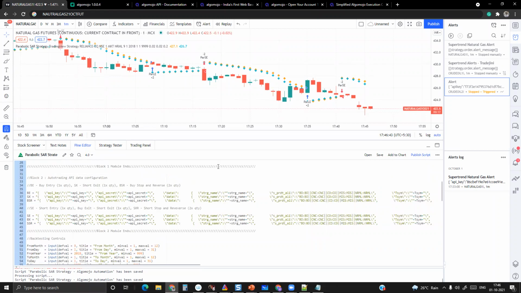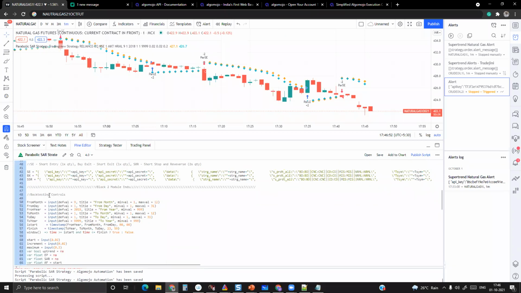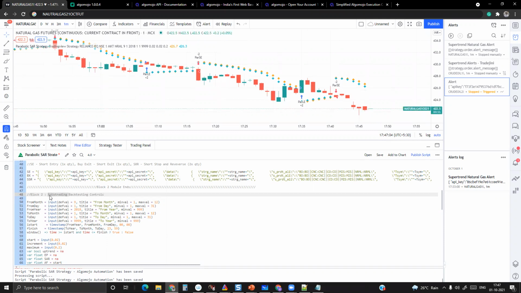So what is block 3 all about? Block 1, block 2, and the block 3 module is all about the backtesting module. I'll tell you, it is very important when it comes to execution also. This is auto trading backtesting controls, and algo execution controls, which are very, very important particularly for positional trading.